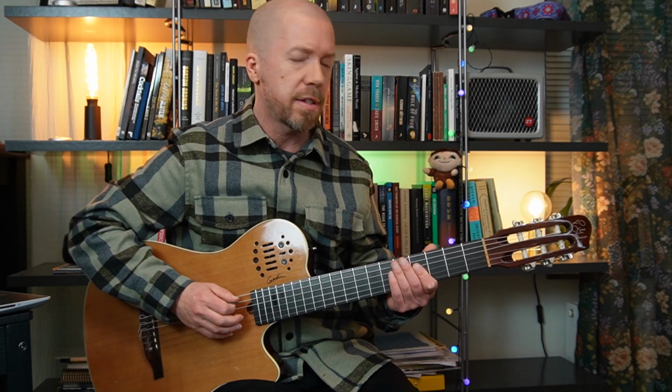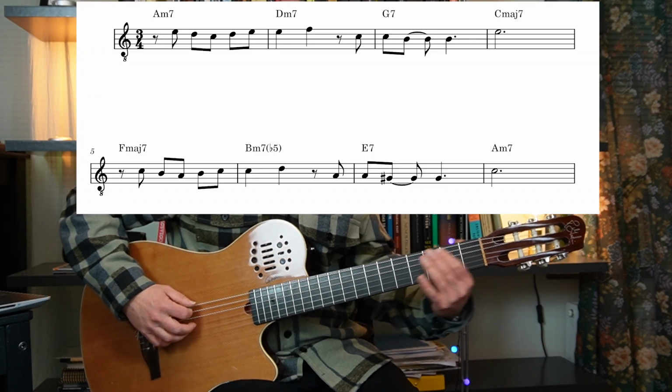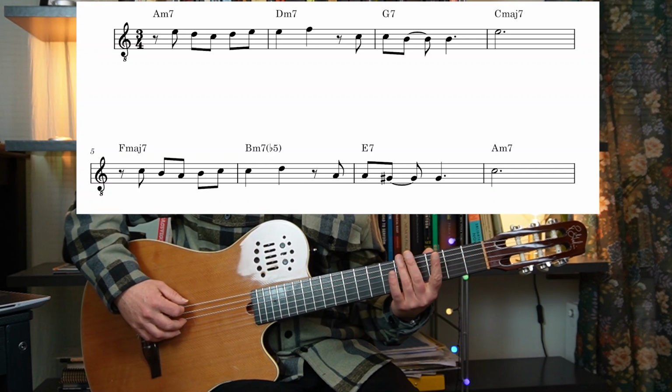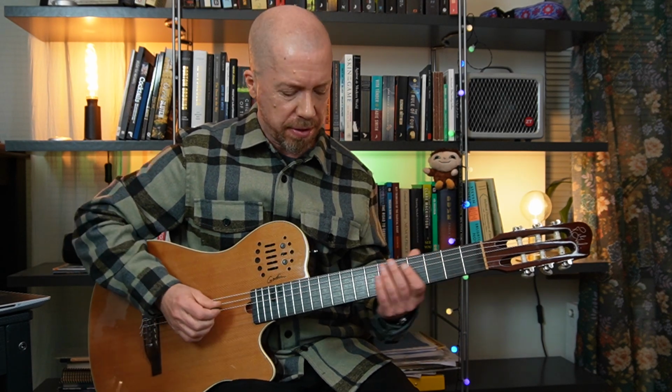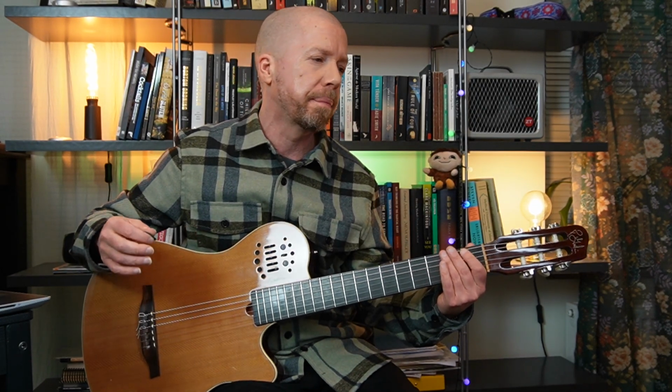So all it is is this chord progression. And I think of it as in 3/4 for now, like a kind of fast 3/4. Some people call this the descending fifths progression or falling fifths, because we're going down in fifths. A, D, G, C, F, etc. through the key of A minor. So if I play the bass line,